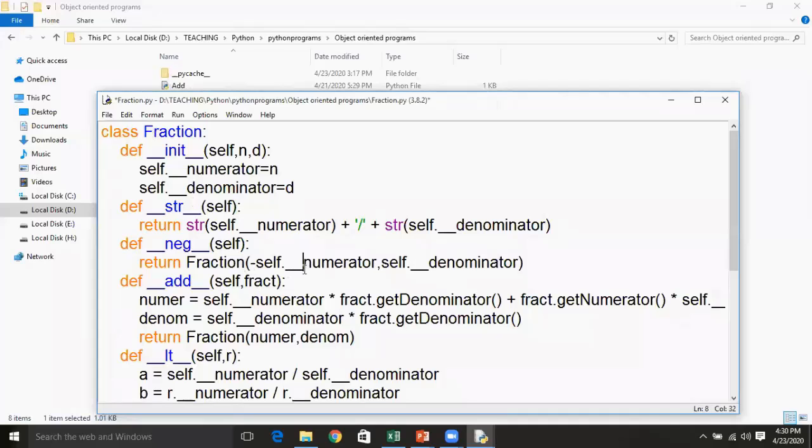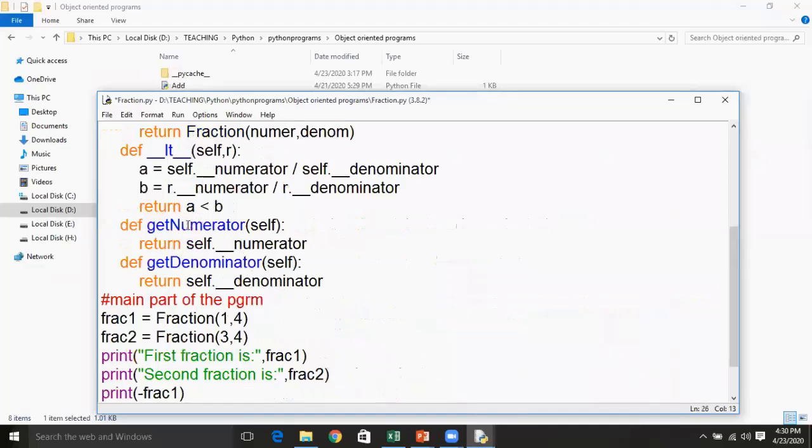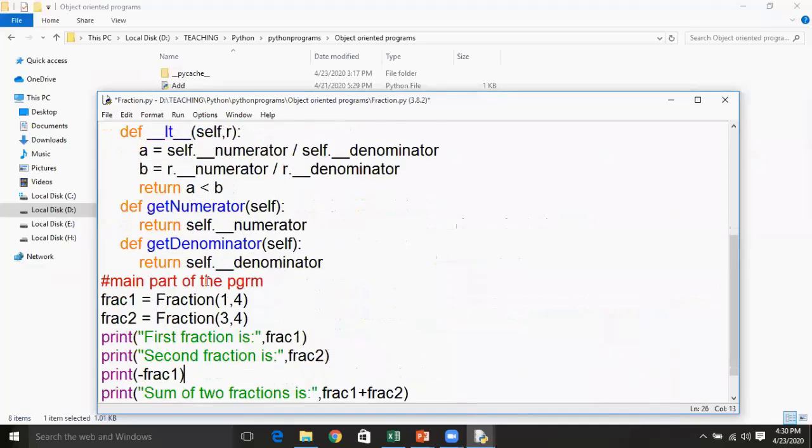So totally, you are trying to get this value and print it onto the screen. This method will be called, and the numerator value, which is negative here, will be converted into a string and displayed onto the screen. Only the denominator value will remain the same, only the numerator value will be converted into a negative value, and this is going to return in the form of a string. Now the control goes back here. So that is about the negation operation.